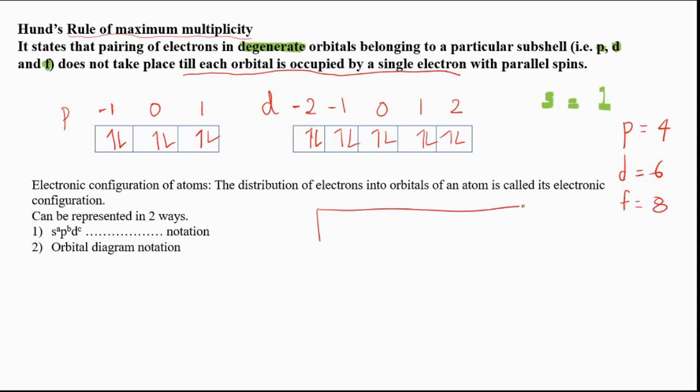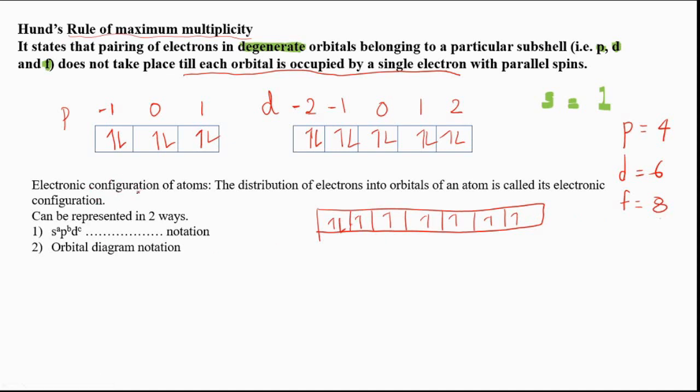So how do we get the 8th electron for an f orbital? For f, we know that the total number of orbitals is equal to 7. So the 7 electrons will be singly filled into each orbital, and if we have 8 electrons, only then will the 8th electron be paired. So the 8th electron is causing the pair.